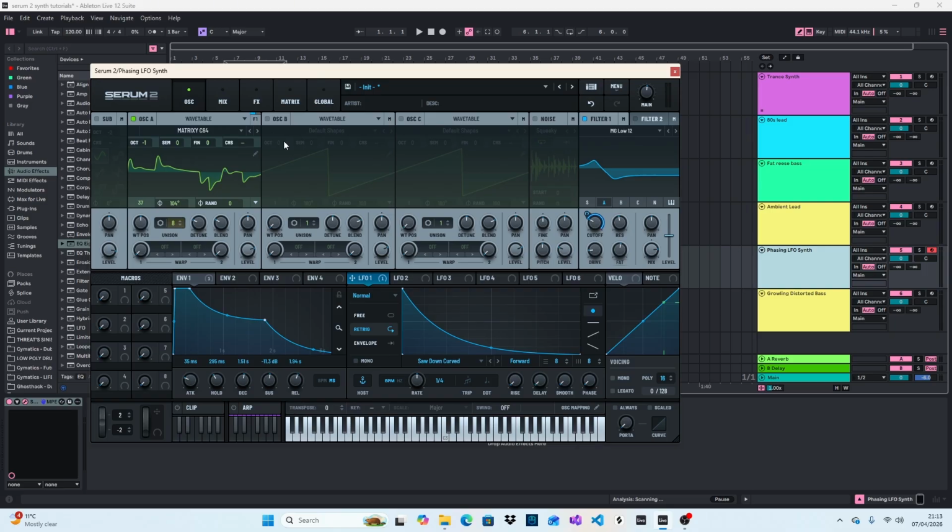Hi, this is Speakerstack Music, and in this video I'm going to show you how I've created a Phasing LFO synth in Serum 2 using the core functionality of the Serum 2 synthesizer, so not using any of the presets that you'd normally scroll through when you're looking for a synth sound to drop into one of your